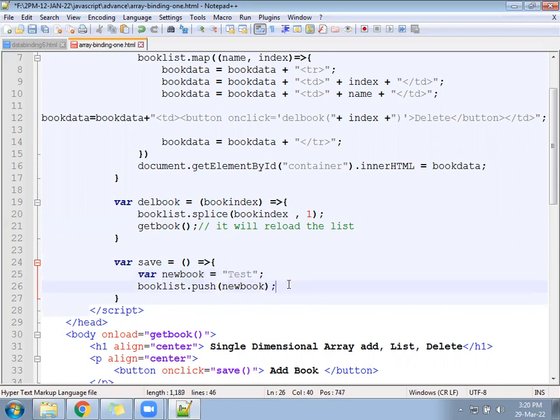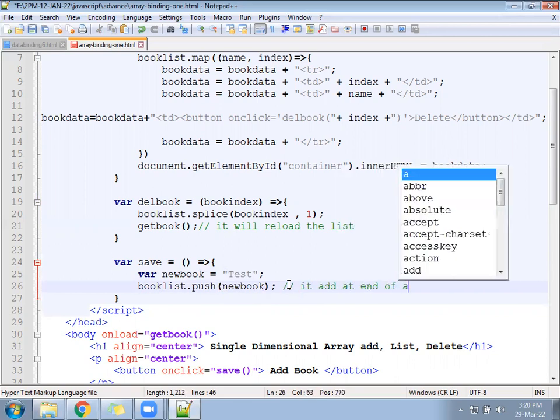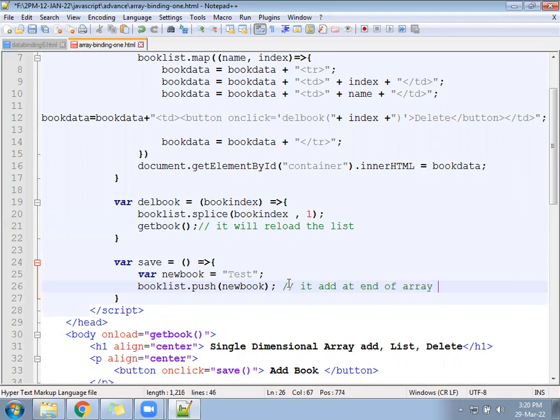So what will the push function do? It adds at the end of the array. It will add at the end of the array.